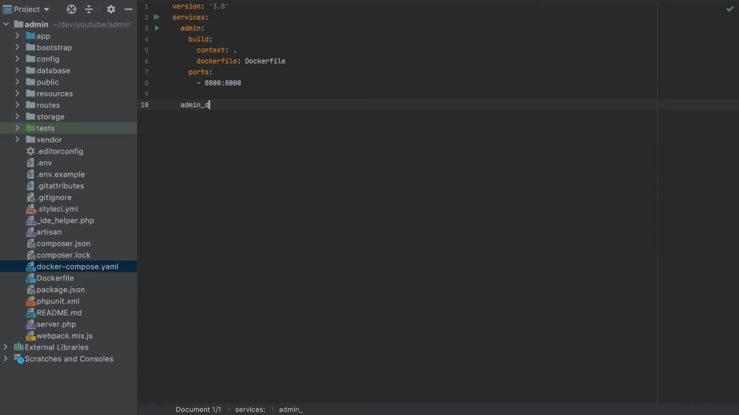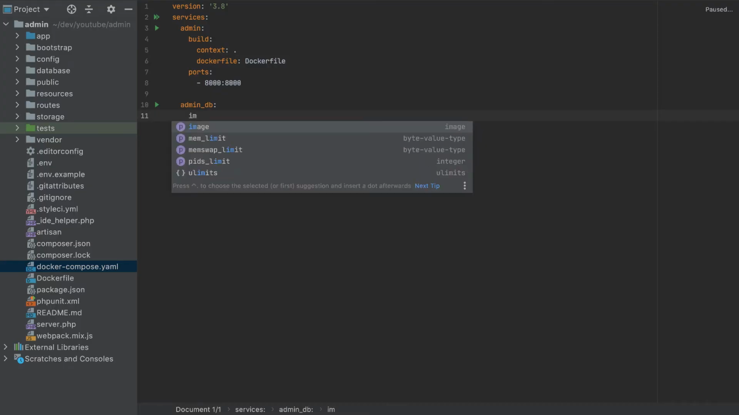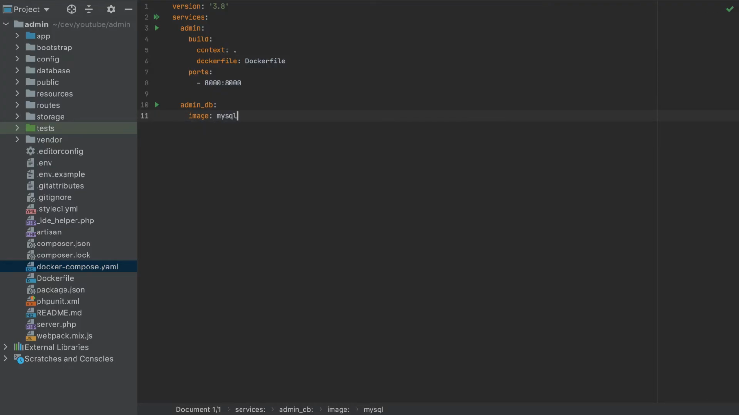So I'll add admin db, which I will download the image from MySQL, and I have to specify here the version, which is 5.7.22. Now we got MySQL, but still we have to specify the passwords in the database, so we have to add the environment here. We need the MySQL database, which is admin,